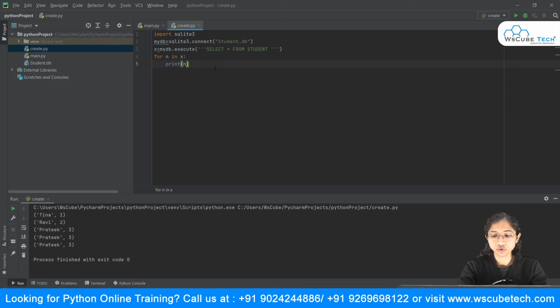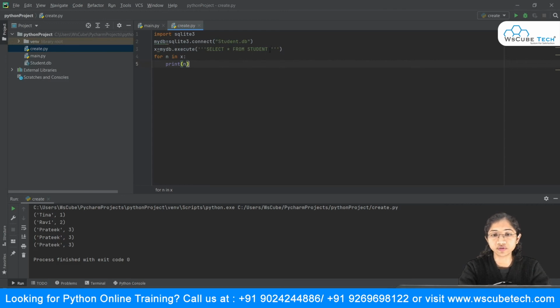Now we can even use one more thing over here. Say for example you have a database with a vast amount of records inside it. You can set a limit on what data or records you want displayed. For example, suppose I just want two records displayed.